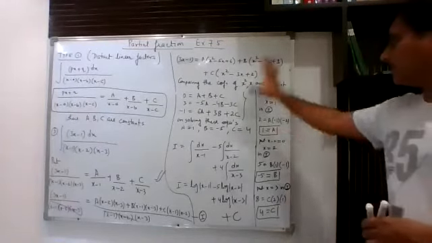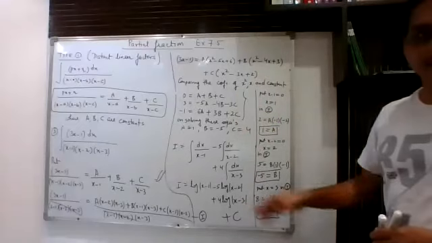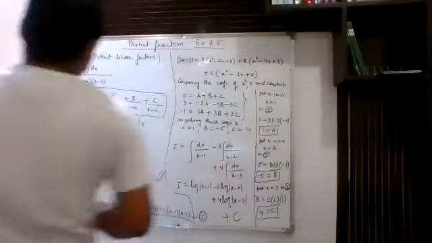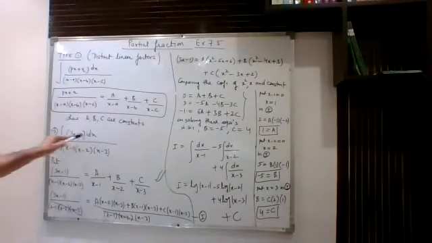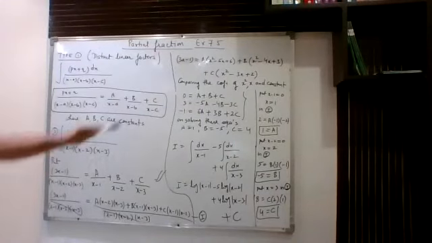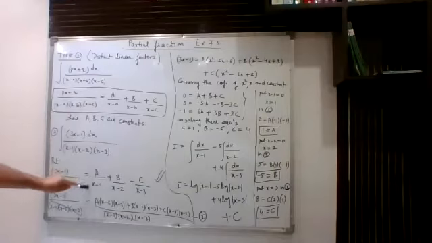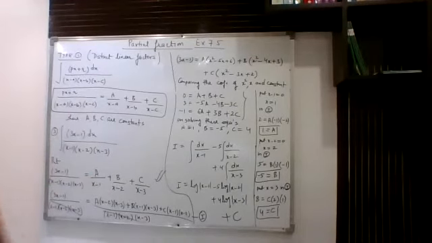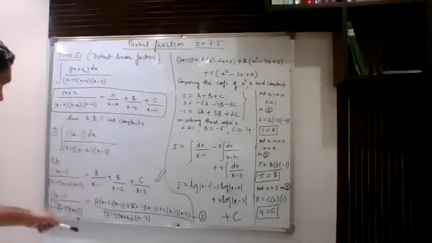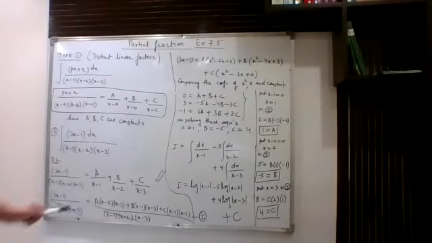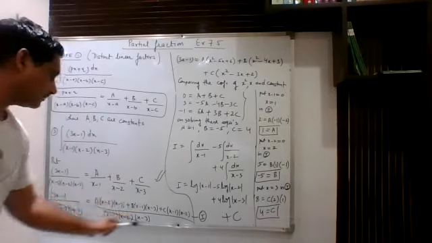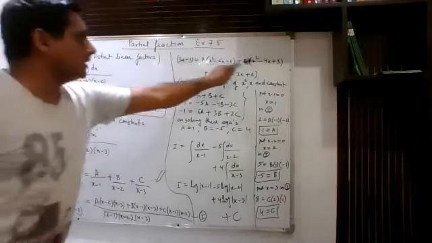Let me explain you once again right from the beginning. This is the question which is given to us. We had applied the substitution. Put this expression equal to a upon first linear, b upon second linear, c upon third linear. After that, we had just taken LCM. After taking LCM, this and this can be cancelled out. Now just multiply these factors so that you will get in this form.